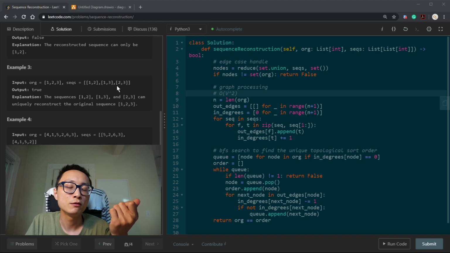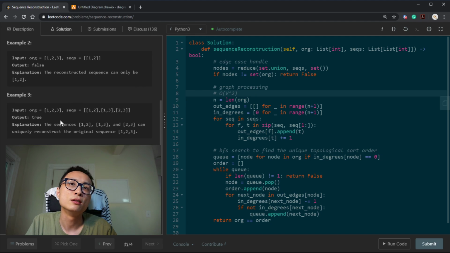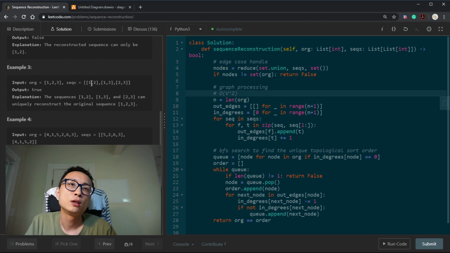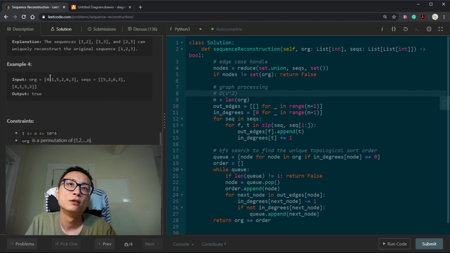Any given pair of integers will have this direct ordering, so it's going to be V squared, and potentially even worse than that, right? We can have, for example, 4 1, 4 5, 4 2, 4 6. We can also have 4 1 5, 4 1 2, 4 6 3.